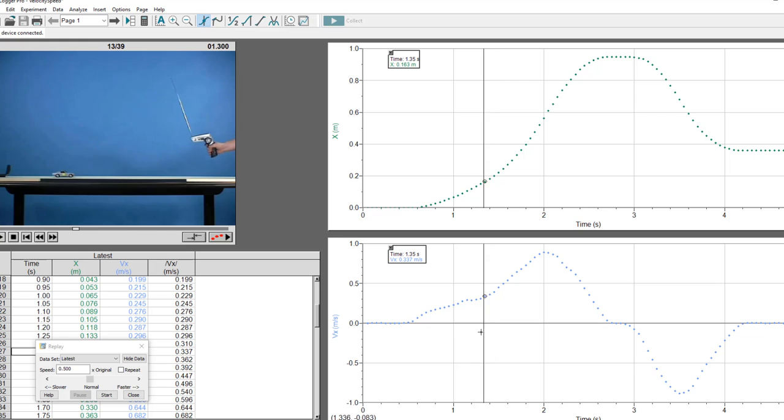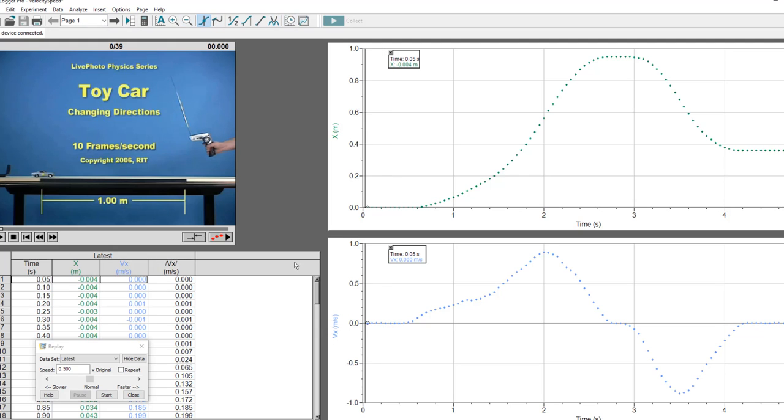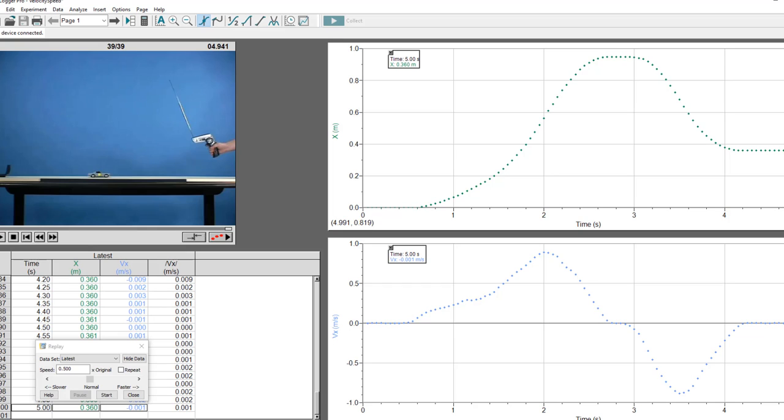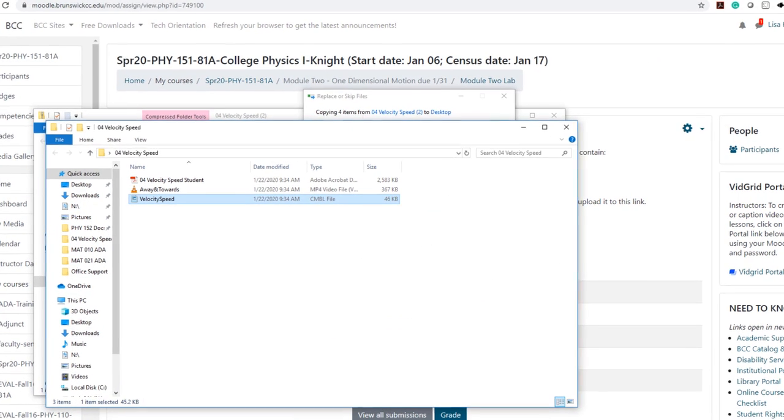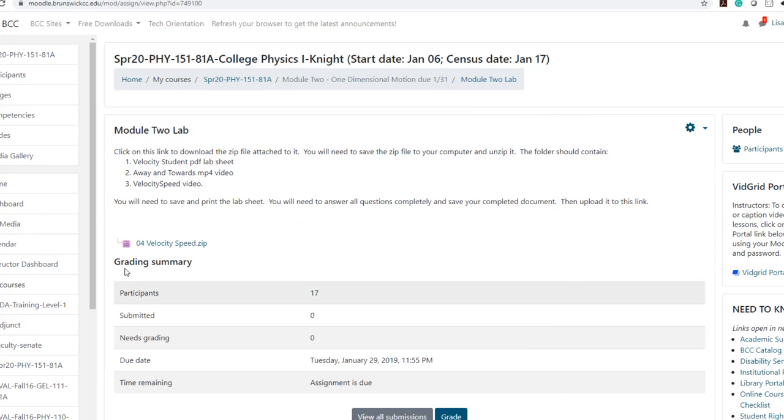And so you're going to play around with some of the data analysis features of Logger Pro's video analysis tools. You have different buttons up here. You have the statistics button. You can do an integral. You can do a linear fit. You can do a curve fit. There's all sorts of things that you can do with these tools up here in Logger Pro. And I'm not going to say much about that because that's part of you learning how to use Logger Pro. You're going to follow the instructions in the lab sheet, and if you look in the course itself in Module 2,